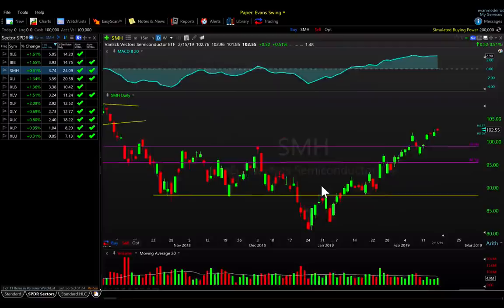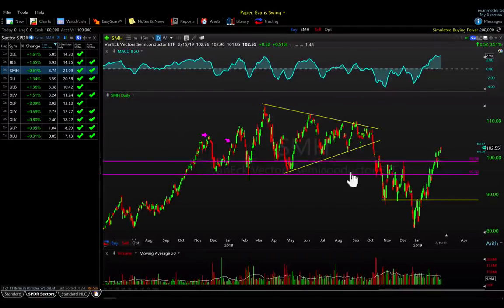Semiconductors also continuing to really just clear above all of these prior overhead supply as well. We talked about this breakdown and all of this overhead supply and how nasty it looked back in here after retesting it and contending with all of this overhead supply. And it looks like, after this, call it a false breakdown or this latest shakeout